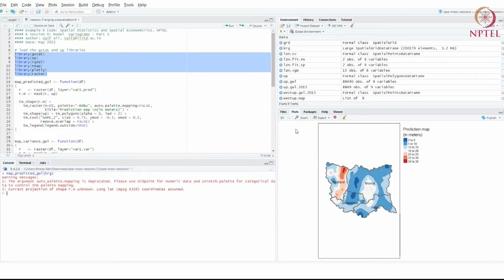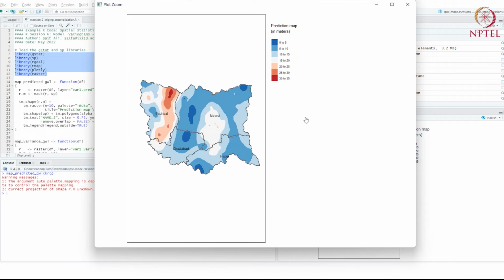Okay, so there you have a Kriged, or a spatially interpolated, or a spatial prediction of groundwater level over the whole region from a set of 250 or so observed values. And we see that there is a large hotspot of depletion around Baghpat, and then one around the urban area of Meerut, and for the rest, the groundwater levels look a little better.